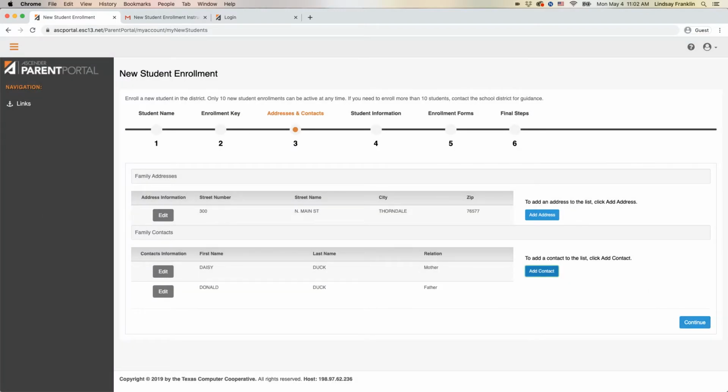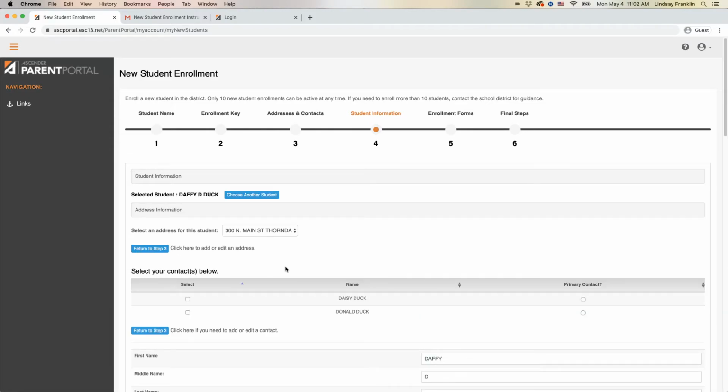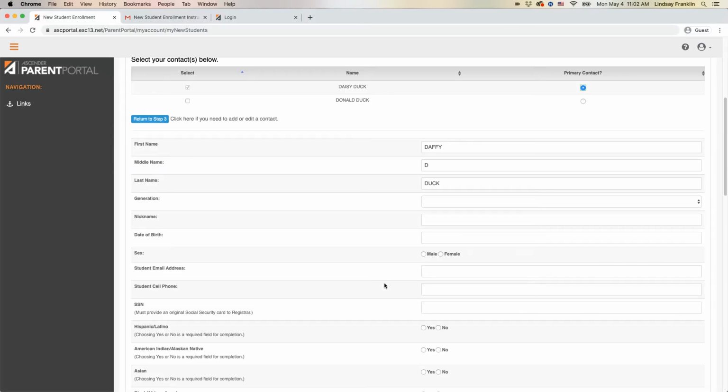So once that's completed with the address and contacts, I have a minimum of 2 people. I can continue on. I'm going to click Add and Edit Info. This is where I'll complete all of the forms, and I'll show you what one of them looks like, and then we'll move on. I'm going to select who my primary contact is, the person I want to contact first. And then I'll go through all of my